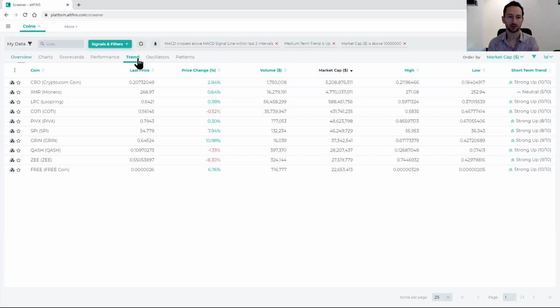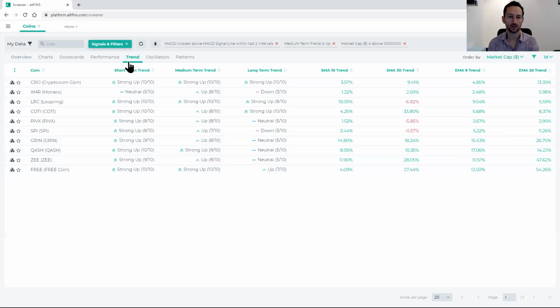And let's go ahead and check the trends here. On the trend tab, you can see that all of these are in an uptrend or strong uptrend or at a minimum neutral, with a few exceptions. For example, Monero here is an uptrend on the medium term, but downtrend on the long-term basis. I probably would avoid that, but the others are still legit. All right, so let's go ahead and look at the charts